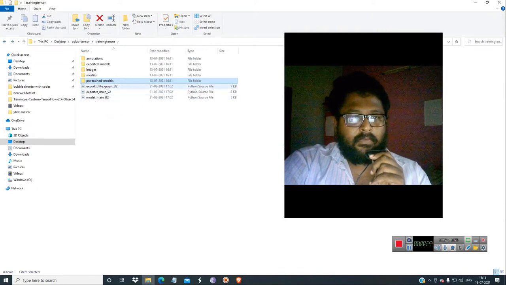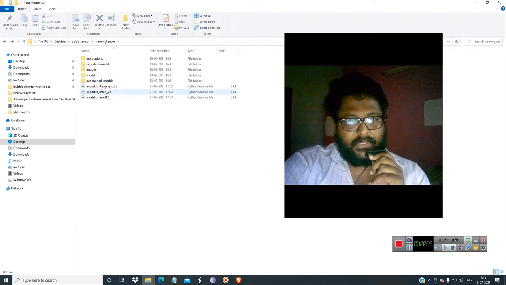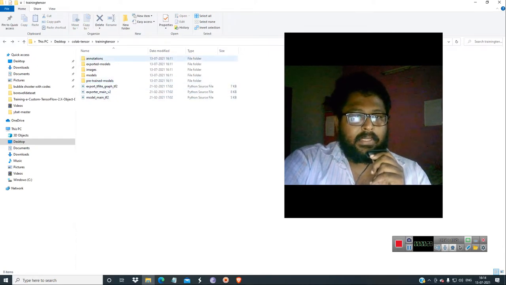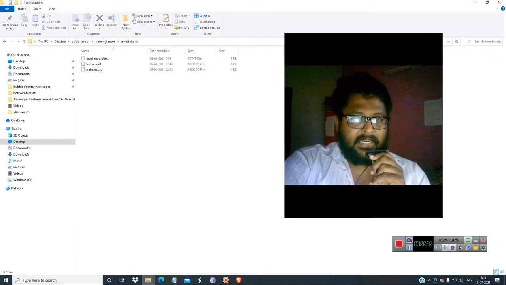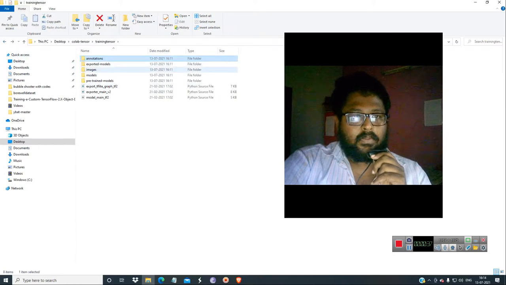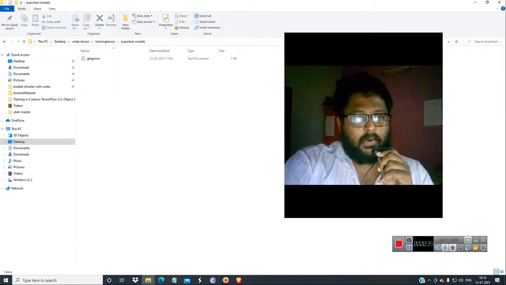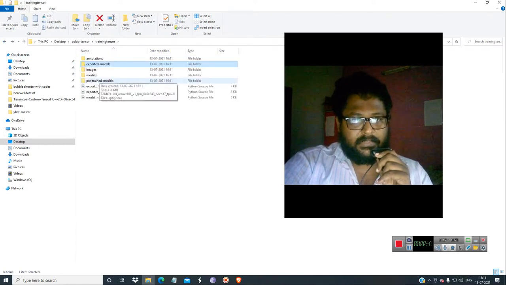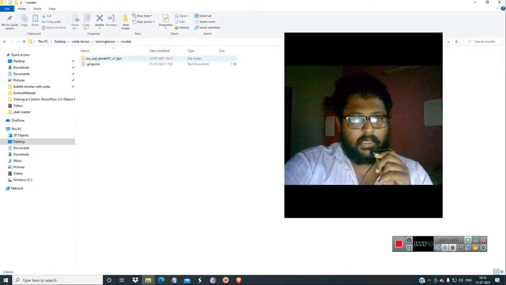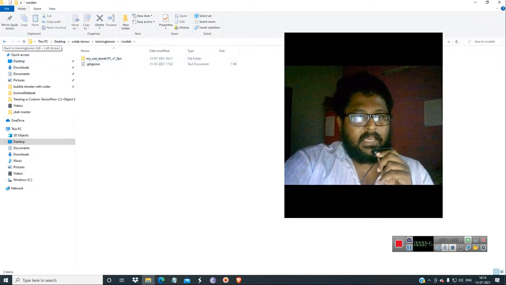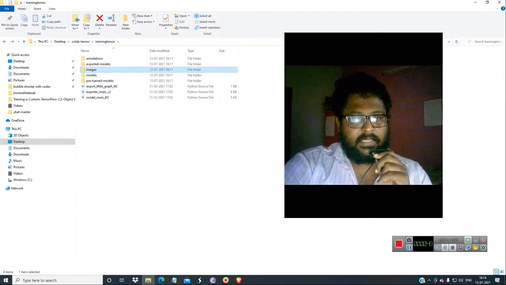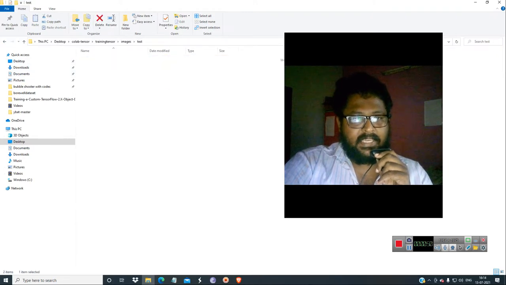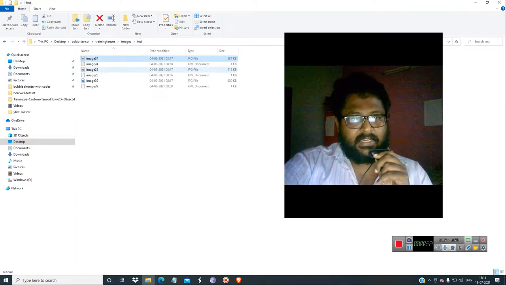Okay, so I will tell you where I got all these files: model main tf2 export main v2 export tflite. You have to create folders called annotations, and the test and train record should be in this. Then the label map pbtxt is another file. For exported models, you have to export the pre-trained models into that, and also in models. And in images you need to have the images and the XML files. So these are different kinds of things.